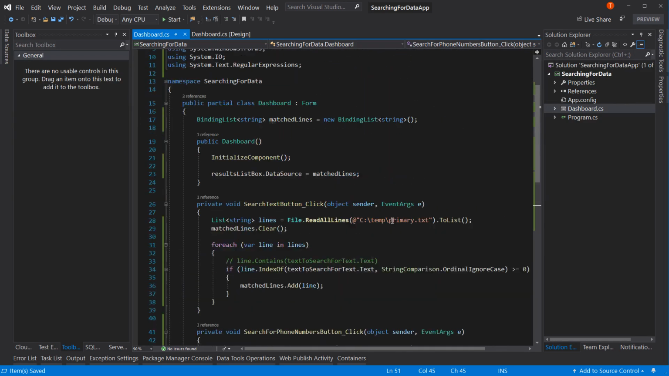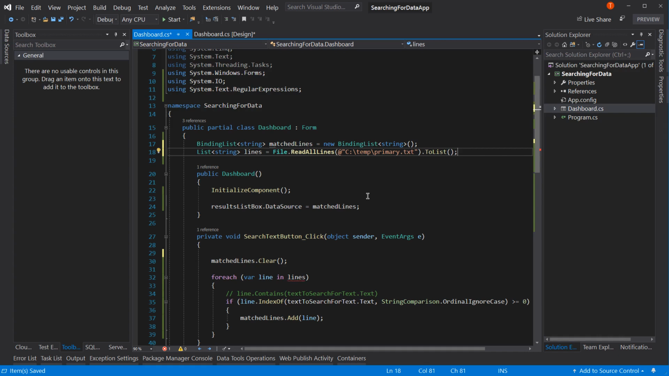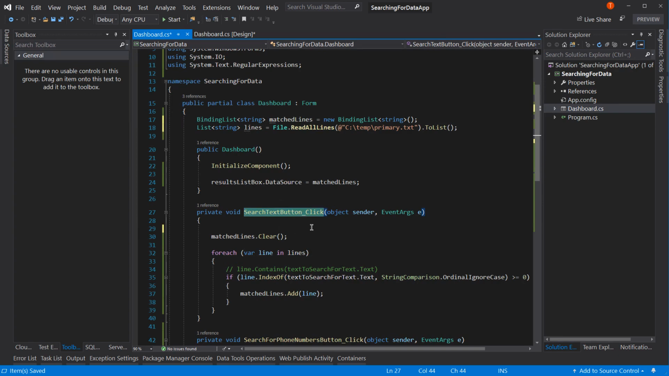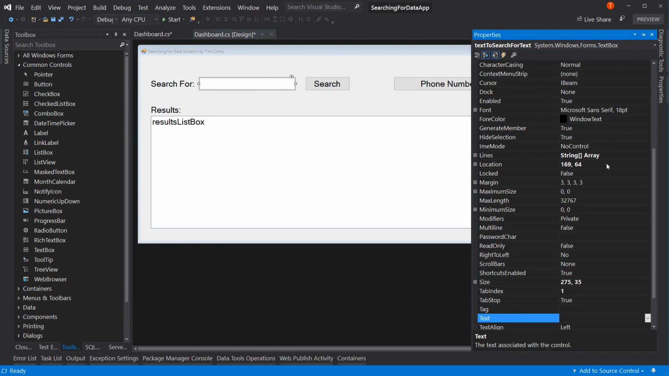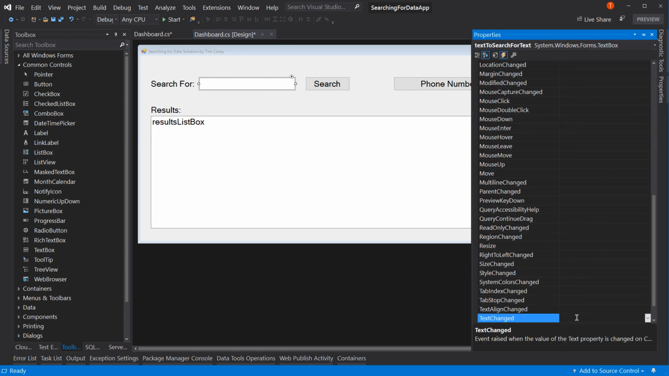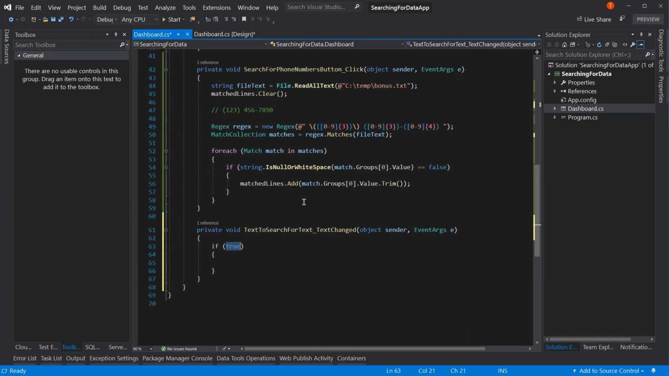But I did want to point out one thing that, hey, maybe it'll make your life a little easier. And as long as you don't have a super huge text file, this would work. If we moved this line right here and moved it out to here, then we could change this. Instead of clicking the search text button, we could actually go to this text box, and under events, we could add a text changed. And then here we could say if text